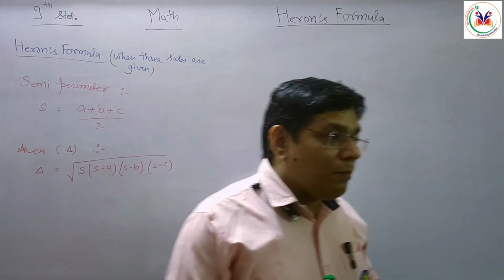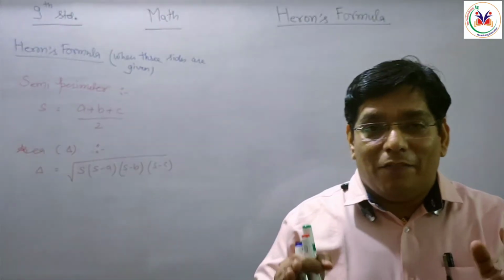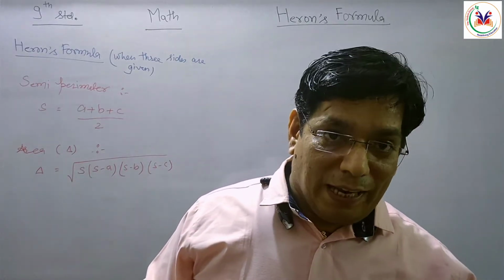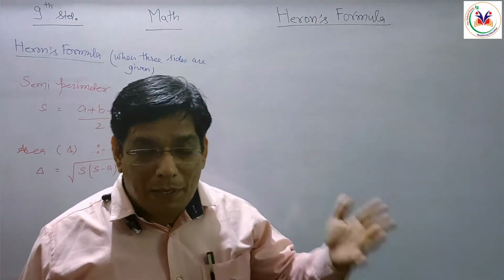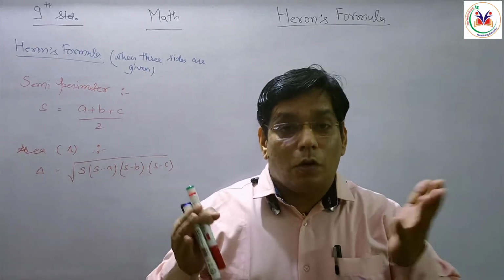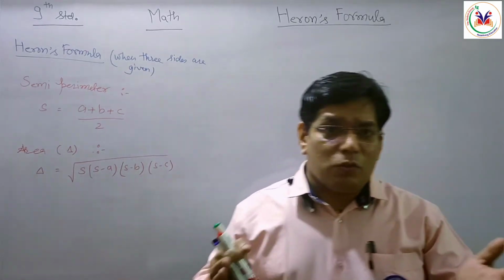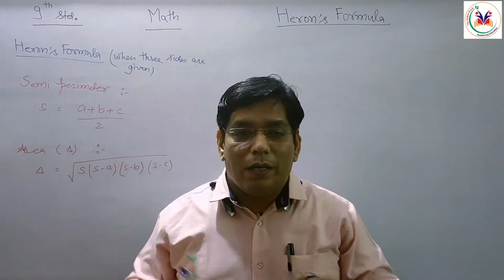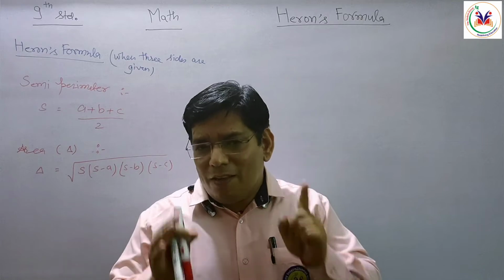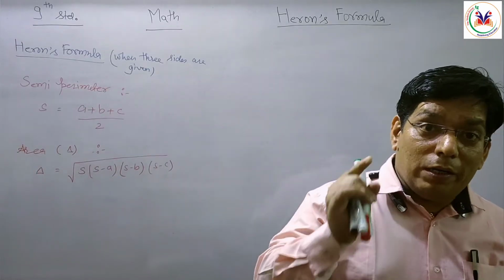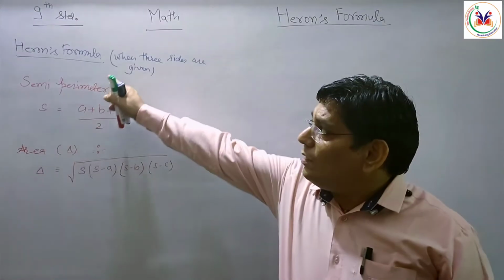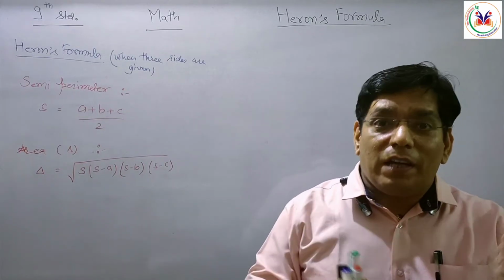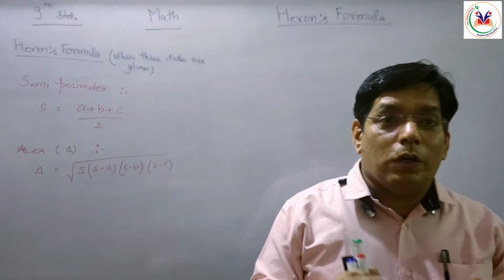When we talk about a quadrilateral, in that quadrilateral we have so many members in its family: parallelogram, rectangle, square, trapezium, kite, rhombus, isosceles trapezium. These are the different kinds of members in the quadrilateral. So we are going to discuss the quadrilateral's area, but by using Heron's formula. In that situation, we go through different cases, and those cases we are going to discuss.